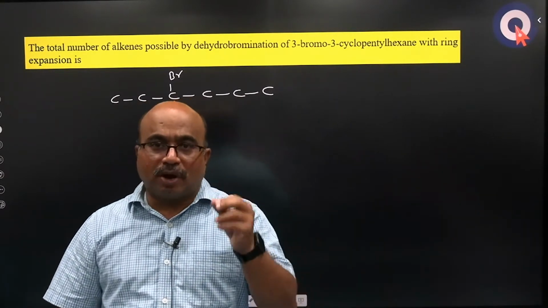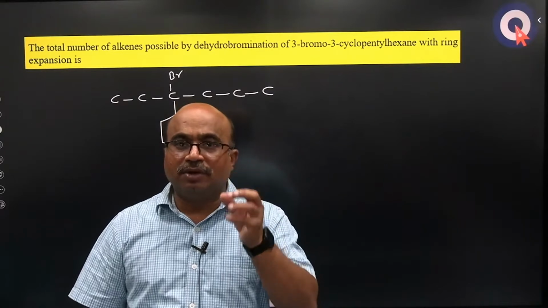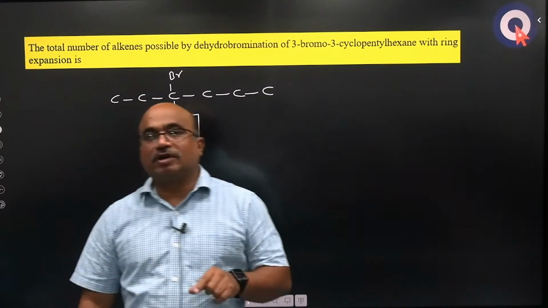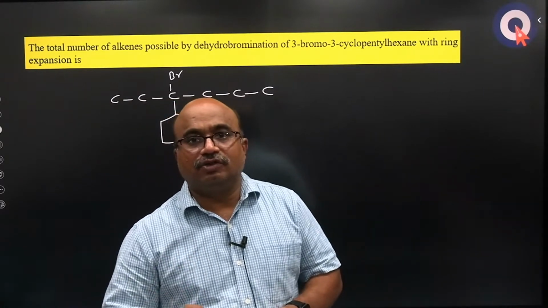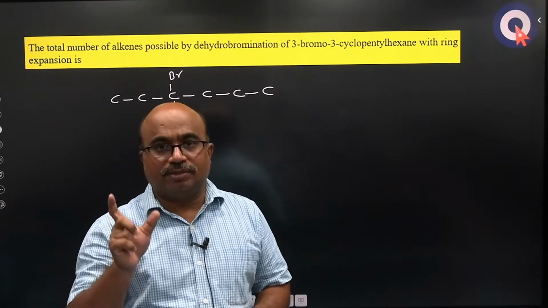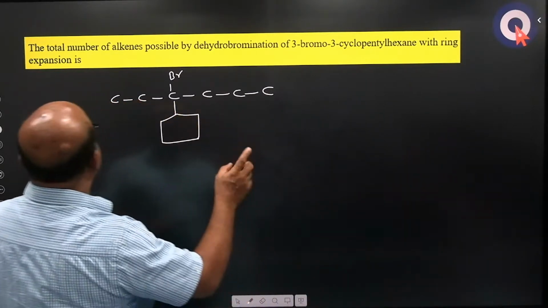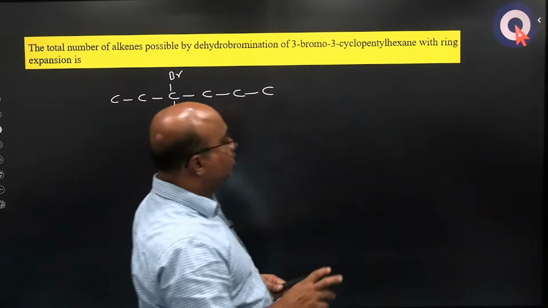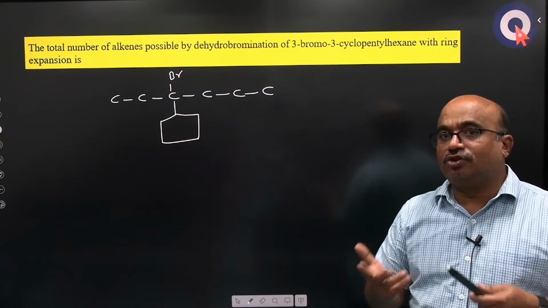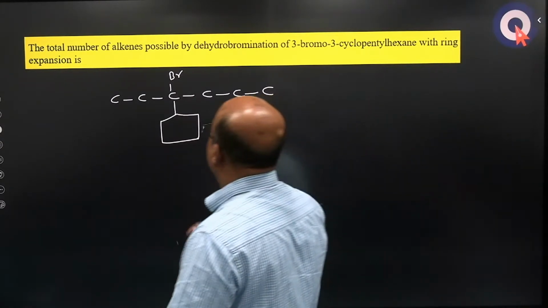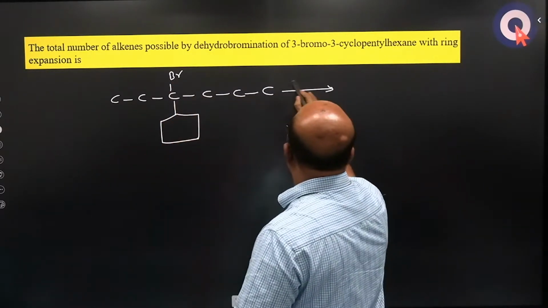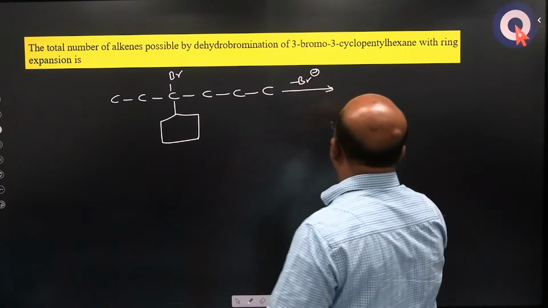Whenever products are asked, number of alkenes are asked, number of alcohols or any compound is asked, we have to always consider stereo by default. So even if you have possible stereoisomers, you have to count them. But what he is saying is that ring expansion is also possible, dehydrobromination with a ring expansion that should exist. So what do you see? First the Br, which is on a tertiary carbon, can leave easily. So first, with the Br loss, we see this C